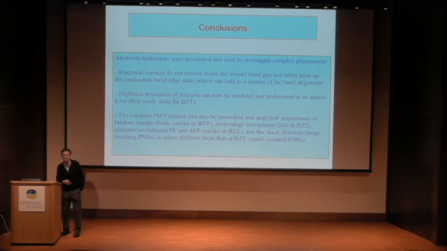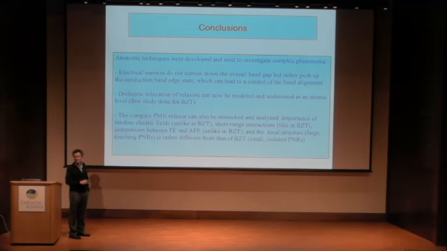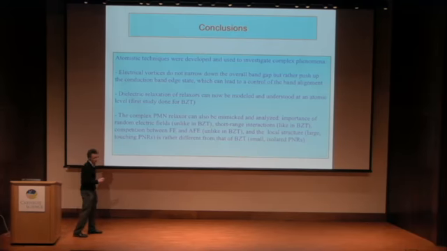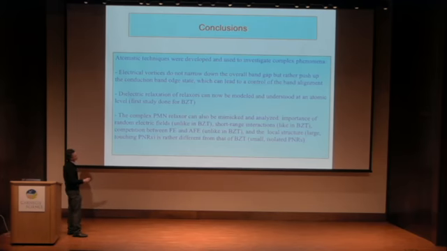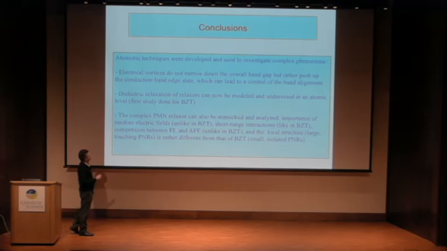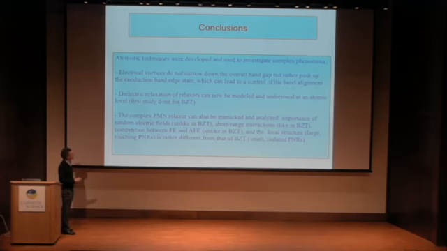I don't think the fight should exist, because what we found is that PMN and BZT are both relaxers, but for completely different reasons. For instance, PMN needs a random electric field. This is not true for BZT. You have short-range interactions that are important both for PMN and BZT. You have a competition between ferroelectricity and antiferroelectricity in PMN, but not in BZT. And the local structure is quite different between these two systems.